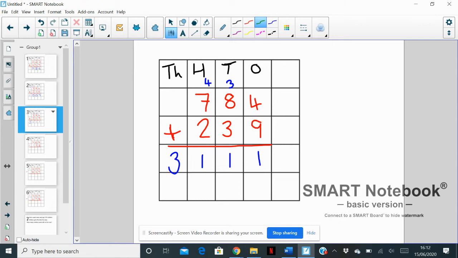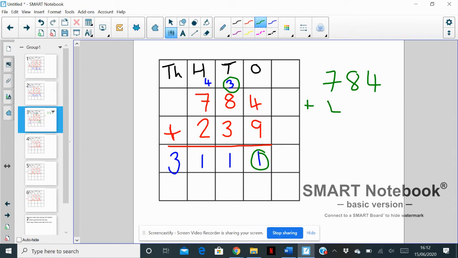Okay, so when we're spotting mistakes, what we should do is work through the question as we would if we were solving it ourselves. So I can see the question set out correctly, everything's in the right columns. So we're going to look in the smallest column first, in the ones column, where we've got 4 add 9. Now 4 add 9 is 13. 13 ones is the same as 1 ten and 3 ones. Now I can see straight away that they've regrouped the 3 and left the 1 down here in the ones column. So if I set it out again with my green pen,